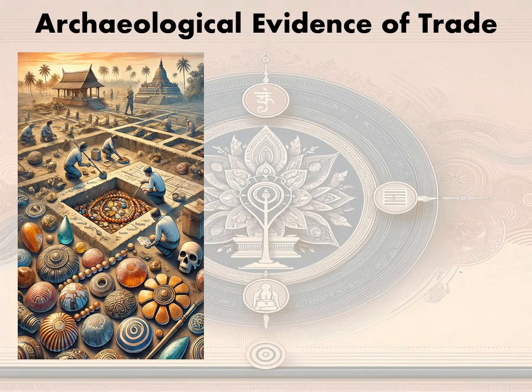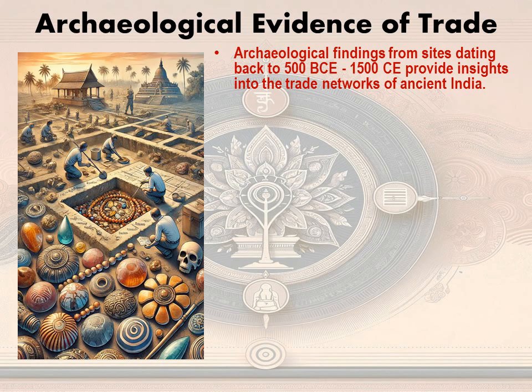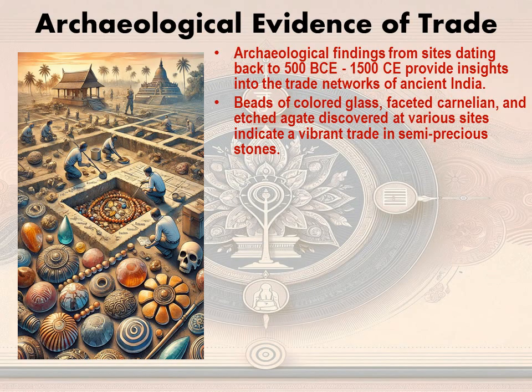Archaeological evidence of trade. What were the archaeological evidences which prove the fact that there was an extensive trading network? Archaeological findings from sites dating back to 500 BC to 1500 CE provide insights into the trade networks of India. So we get numerous archaeological evidences which prove the fact that India was the most important trading power in the entire world. Beads of colored glass, faceted carnelian, and etched agate discovered at various sites indicate a vibrant trade in